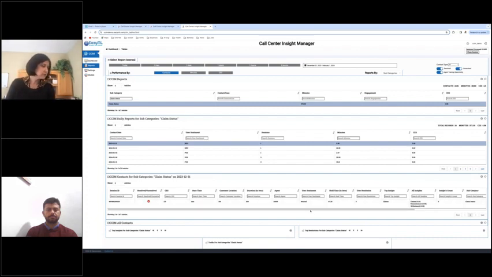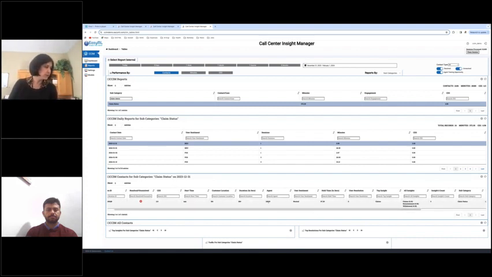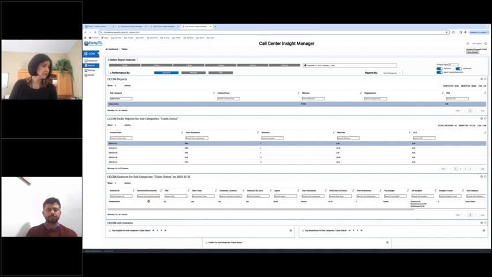And she comes across this particular agent, 10009, who's having a customer effort score of 2.0, which is fairly low because all her other agents are 5 and above. So she knows that this particular agent is struggling, and also she sees a red flag here, right? So she sees that this issue is still unresolved.